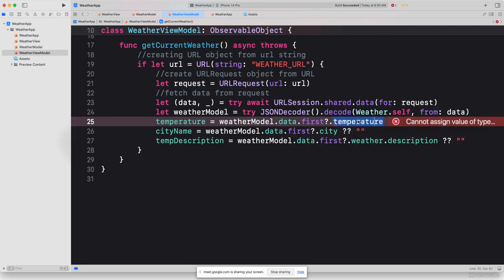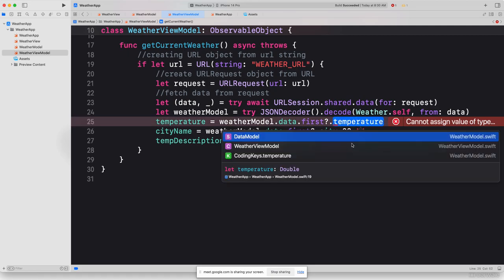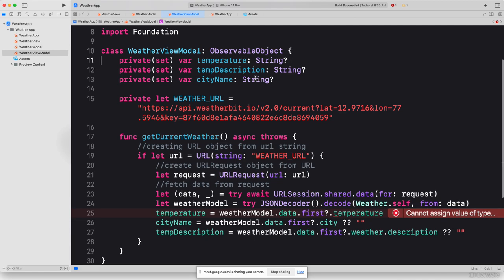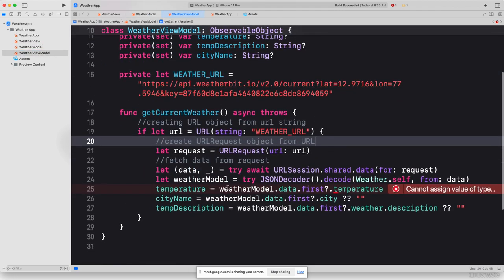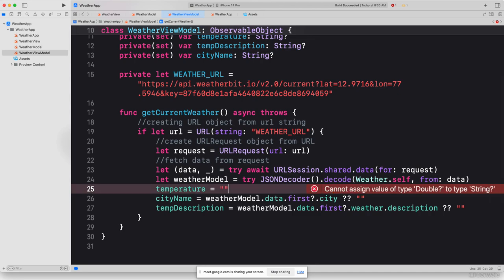What is the data type of temperature? The weather model temperature. What is the data type of temperature? Temperature is the data that I'm getting. Temperature is double, correct? Yes. So I'll go back here and I can just say temperature, and I'll use string interpolation. And then I can type option Celsius, so then basically this will print as degree Celsius. And then here, better let's use